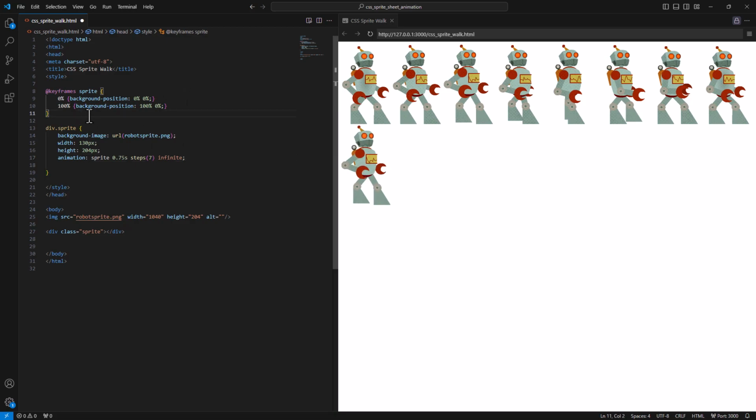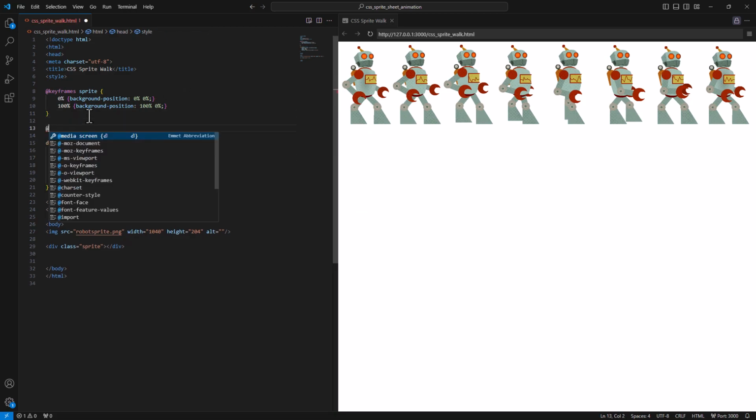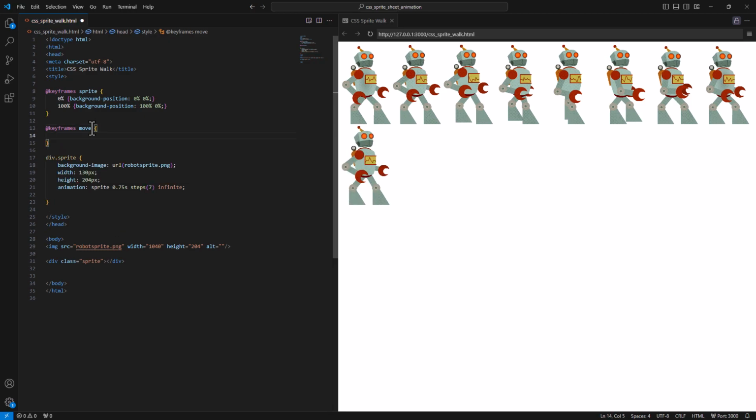And what I might do is define a second animation for that. So I'm going to add another @keyframes animation for the movement part. That's partly because I probably want the movement to take a different amount of time than the actual cycling of the animation. And in order to have those with a different timeline, I'm going to create a separate @keyframes animation, rather than translating the object